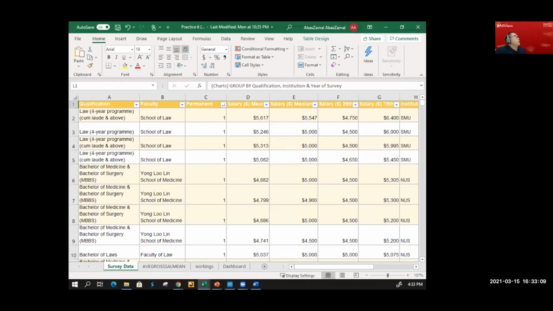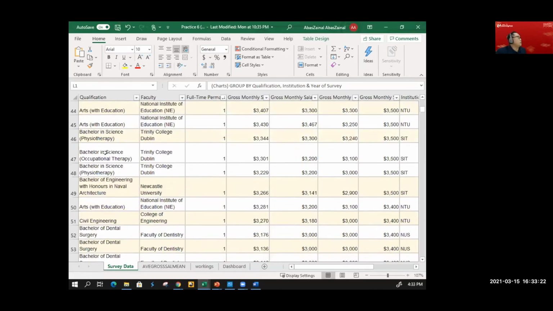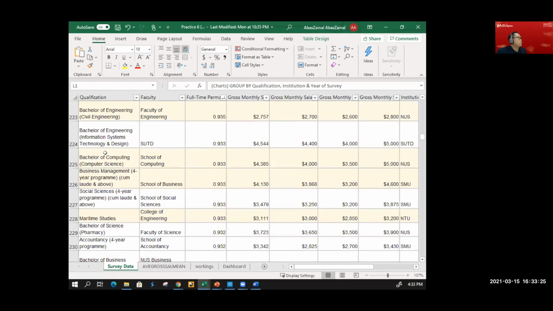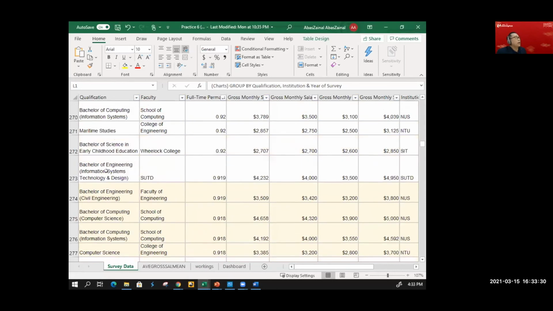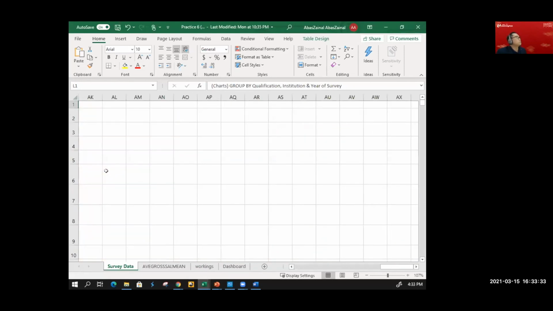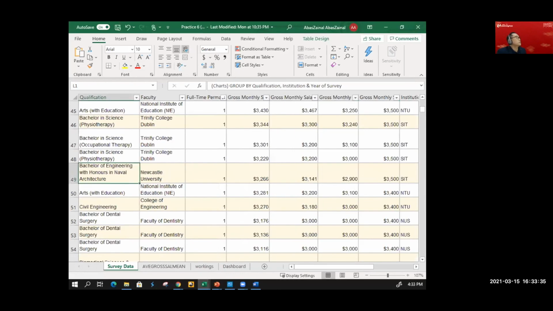Take a look here. Imagine you have a pivot table containing data about graduate employment. And in here, you have like 600 rows. Take a look there, boom, boom, boom, all the way. And you have like 12 columns. Okay, went too fast. 12 columns. So how do I filter all this information to find, let's say, for example, average gross salary?